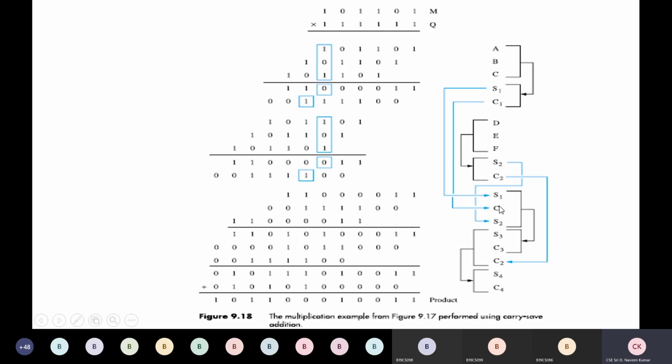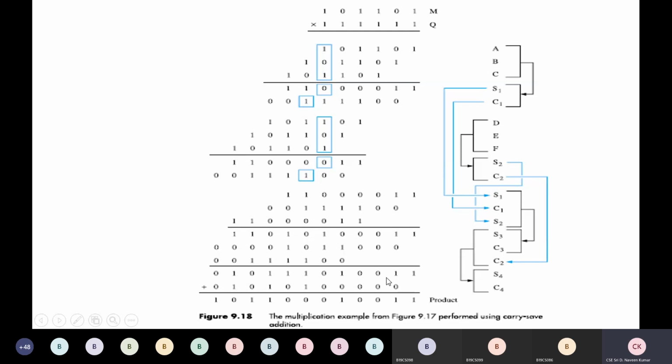So we had just added S1, C1 and S2. When we add them again, we add as per carry save only, because we write the sum separately, and the resultant carry C3 also we had written separately. Finally we added C2 here, the carry C2 which we got in this step. We added all the 3 here, and again we wrote the sum separately as S4, and the carry C4 also separately.